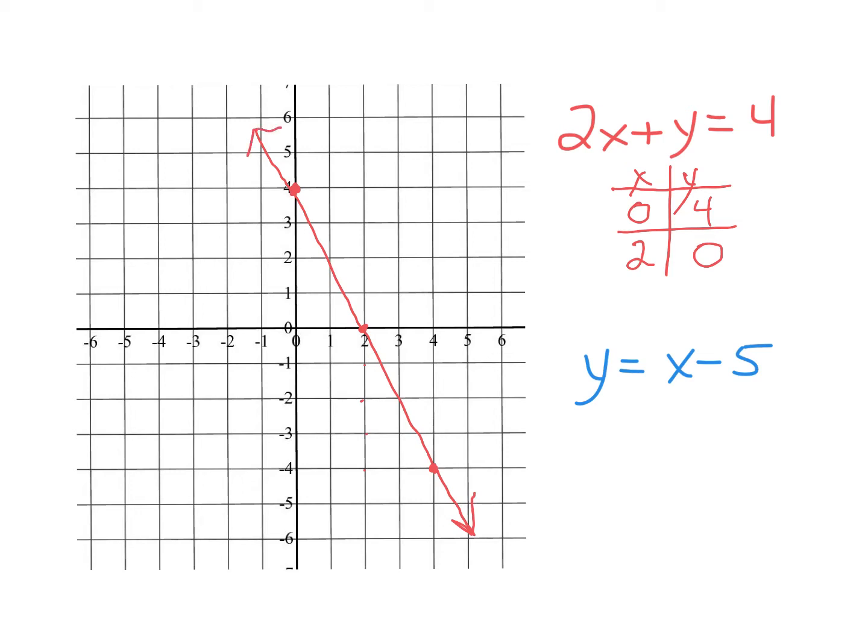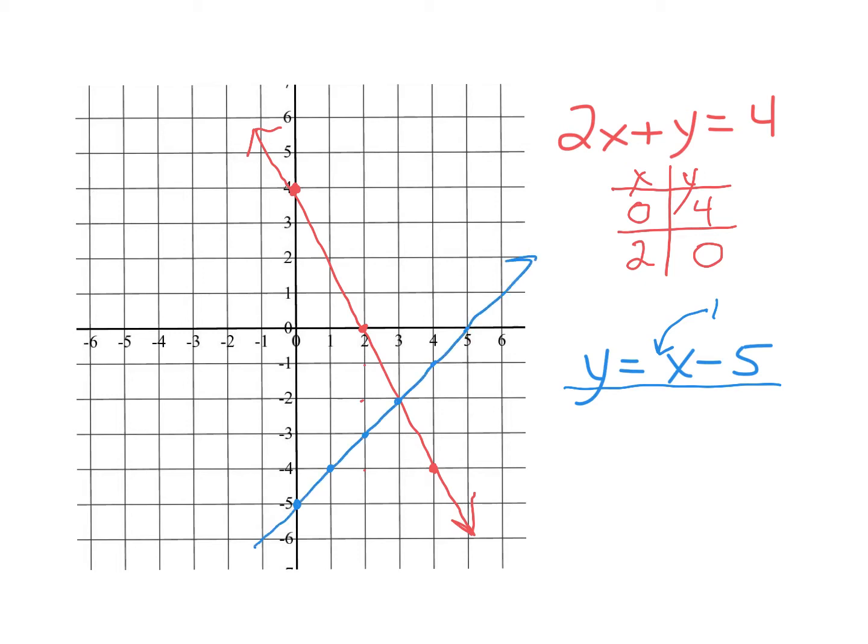After that then, I have y equals x minus 5. y equals x minus 5 is written in slope-intercept form. In order to graph that, generally the easiest way is to put a dot at the y-intercept, which in this case is negative 5, and I know that the slope is the number before the x, which is an understood 1. So I'm going to go up 1 and over 1, because it's a positive slope, up 1 over 1, up 1 over 1, up 1 over 1, and then once again